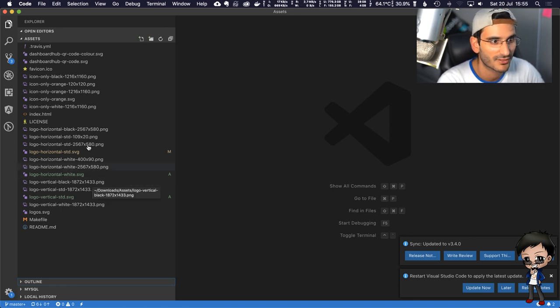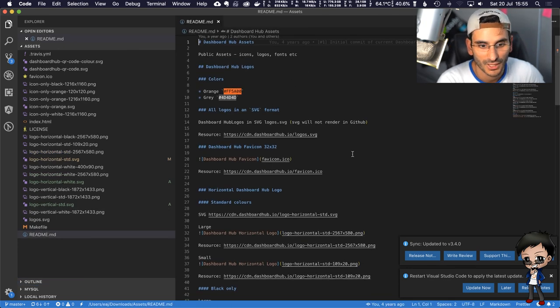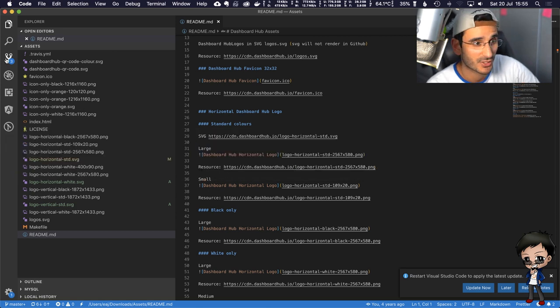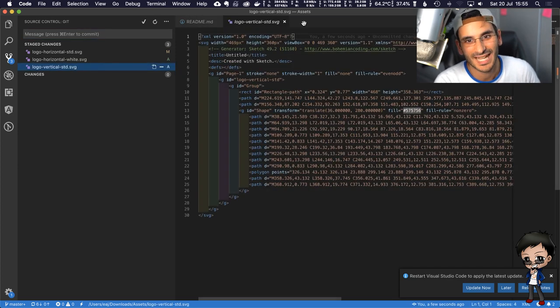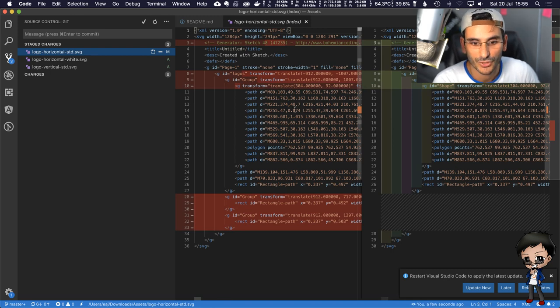Yes, I was going to open VS Code, and I want to add it to the README so I can add some more images. Kush taught me this recently: I use the command line for everything, I'm a command line junkie, but in VS Code you can look here and it shows you an M and an A. If you click on an A, you wouldn't see a diff, but on an M, we can see a diff of what's changed.